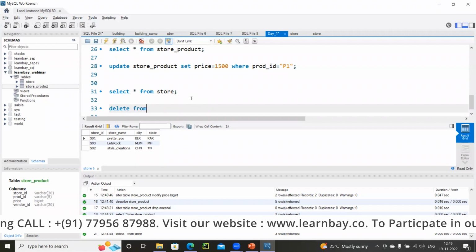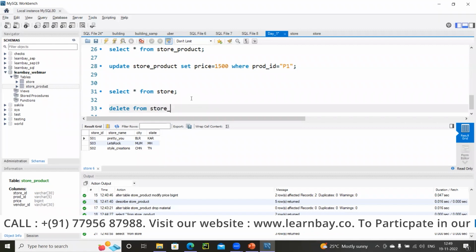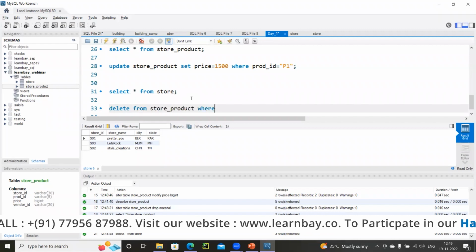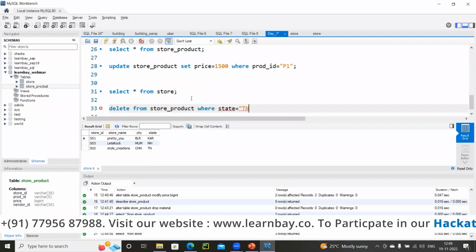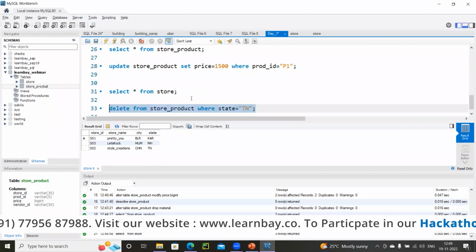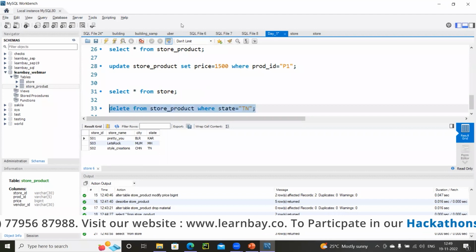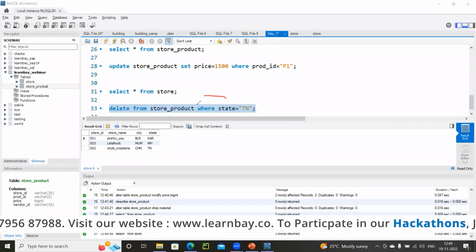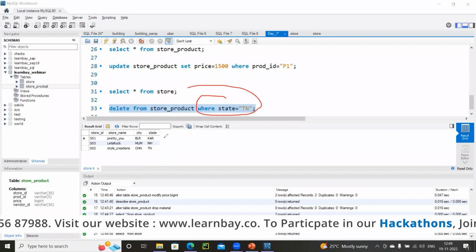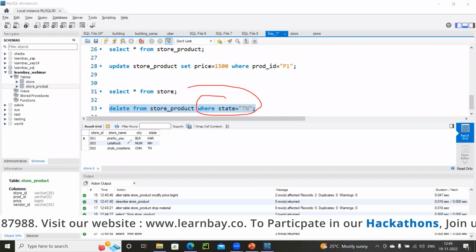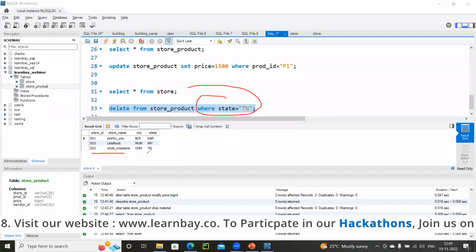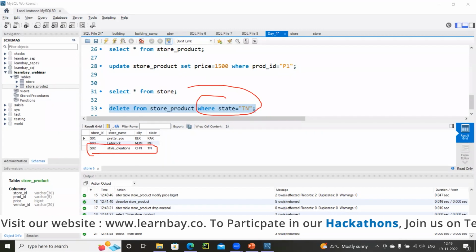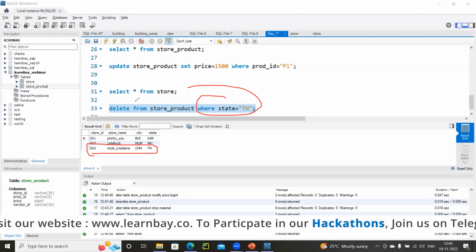So delete from store underscore product where state equal to TN. What this has to do is first apply the where clause. It will identify what are all the rows which satisfy this where clause. It got this one record, then deletes that one record.